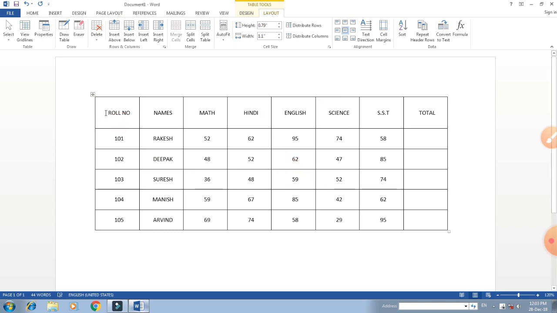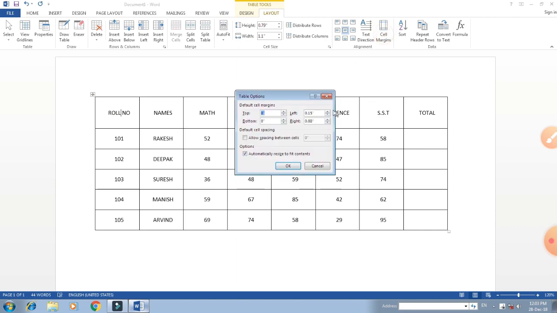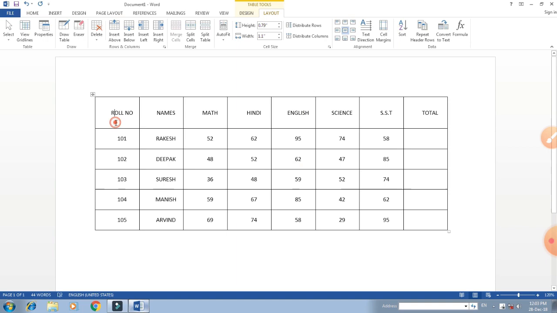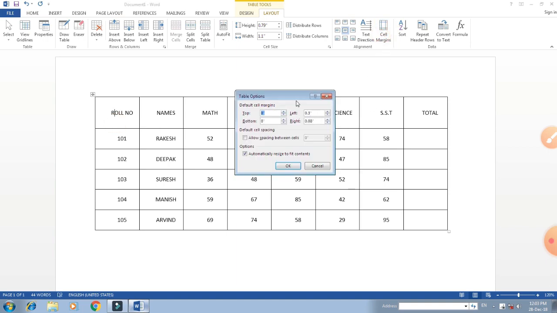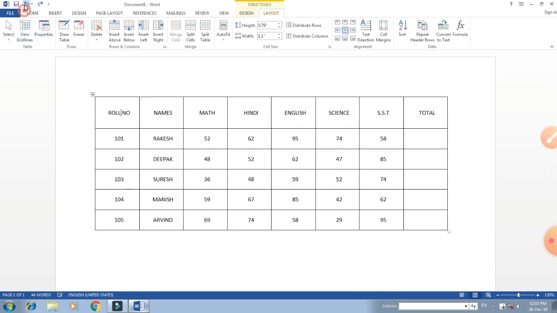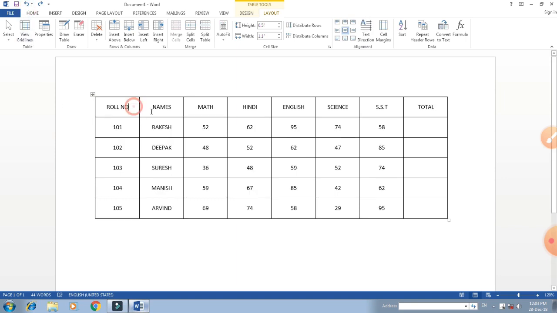So you can see here this is changing the cell margin. On the left you can increase or decrease the margin box, as you can see here, and now click on the OK button. So now you can see the changes, from the right and left hand side, and if you want to change something more, then you can set that. Now we want to undo it because this is for practical view only. And now as it is, we find it again in the previous mode.